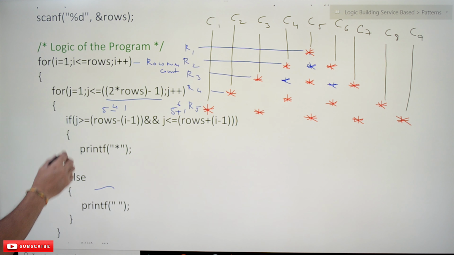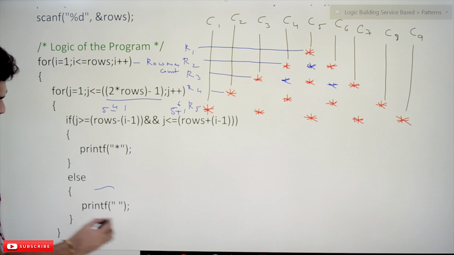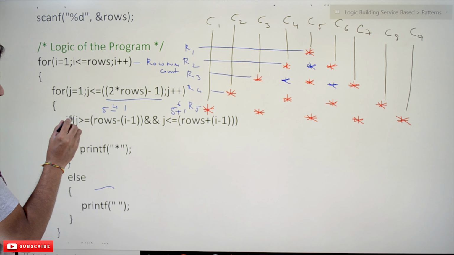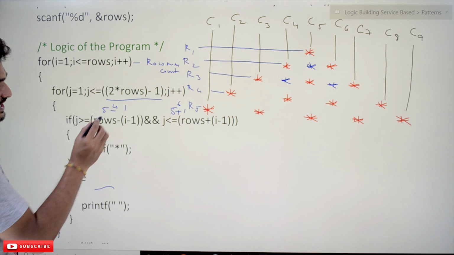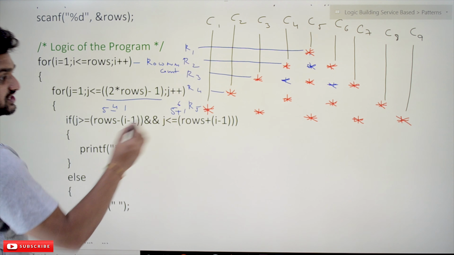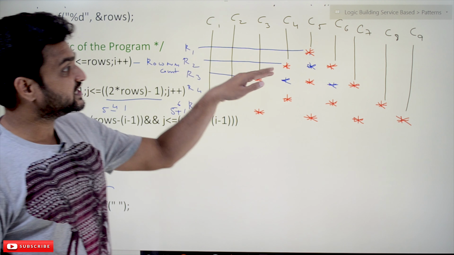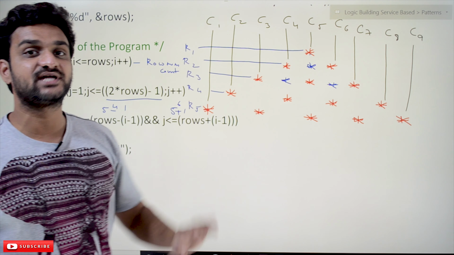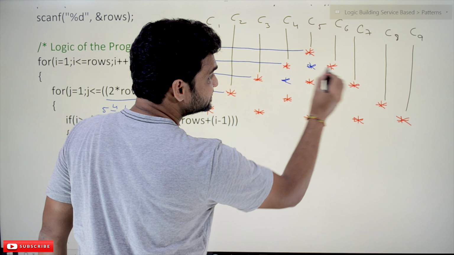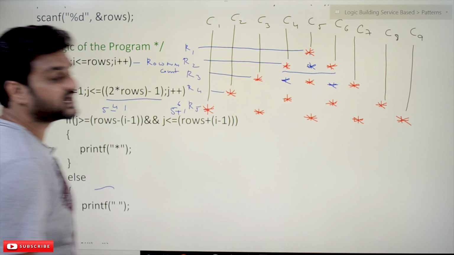So we are going to change this if statement. The else statement remains the same. We come into the if statement whenever the value of j is between these two values, which means 4 to 6. If we are in the second row, from 4 to 6 we have to print stars. So within these values we have to apply the conditions.